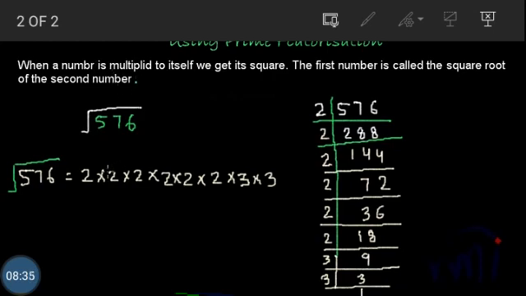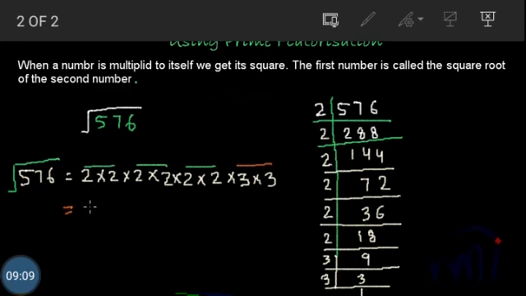So to find the square root, what do we have to do? Yes, I will take only one number out of 2. So for that, I'll make pairs of all the factors in such a way that each pair has only the same number. So in this pair we have 2 2's, here we have 2 2's, and in this pair also we have 2 2's, but in this pair we have 2 3's. So definitely it's possible to find the square root of 576.